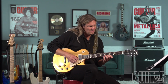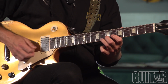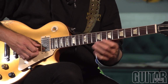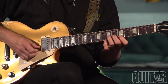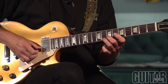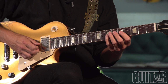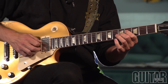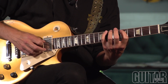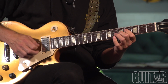I'm going to go 6 to 7 on the B. Now I'm going to take these two notes. So 6 to 7 and then 5 on the high E. I'm getting 7 on the B and 8 on the E. Now, which fits right out of our pentatonic, right? There's where you really hear the D chord, right? By getting that F sharp note, right? You hear that D change from that. So,